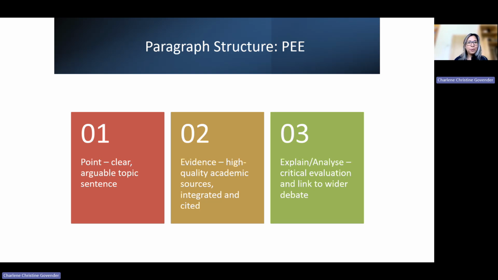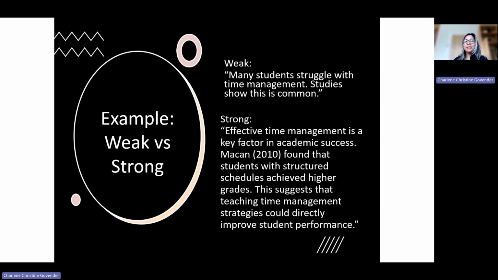So it's not just a random quote I've come across while reading an academic journal, but something that is really relating to my point, that supports my argument. It shows I've analyzed various sources and I've chosen information that supports that. So you also want to make sure you are analyzing critically and, of course, linking to the wider arguments in the literature. All right, so let's have an example of weak writing and strong writing.